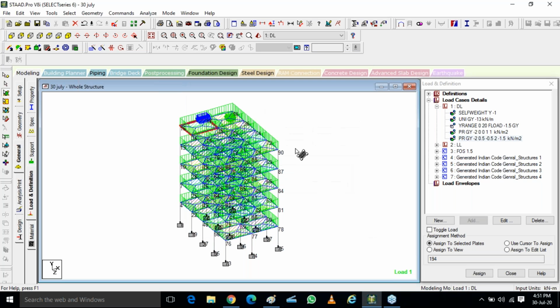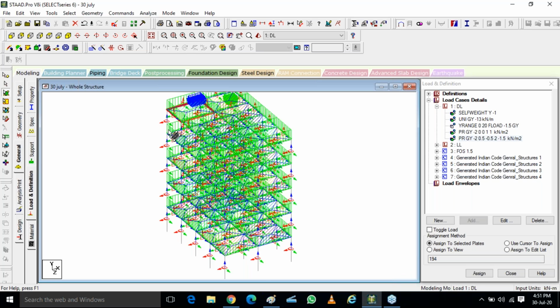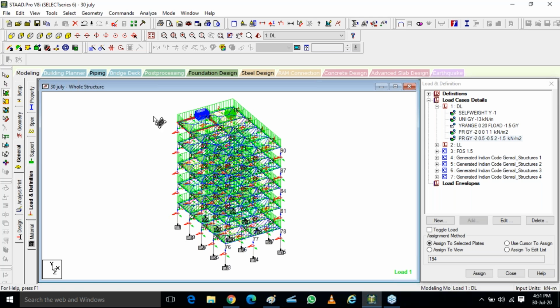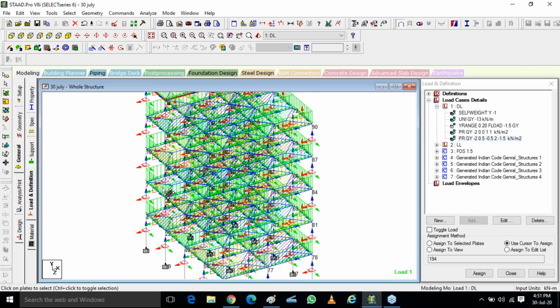Or there is one more command, just click Shift O. Can you see these arrows? Shift plus O. These are the local directions for your columns and beams. Blue is the Y, red is your X, and Z is your green.